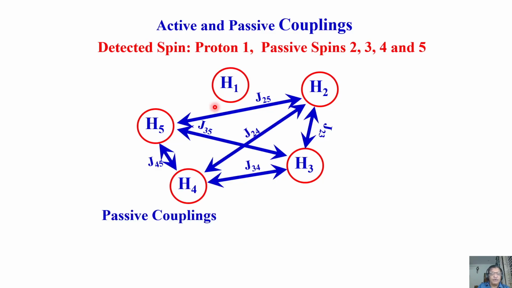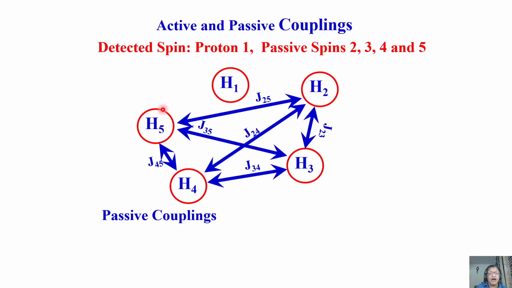I'm sorry, 2, 4. These are also there, coupling. Note that in a coupled spin system, when you observe this, you observe multiplicity because of other protons coupling. But these were not absent, they were present, but you don't see it here. You don't see it at the proton chemical shift of site 1. These are called passive couplings.